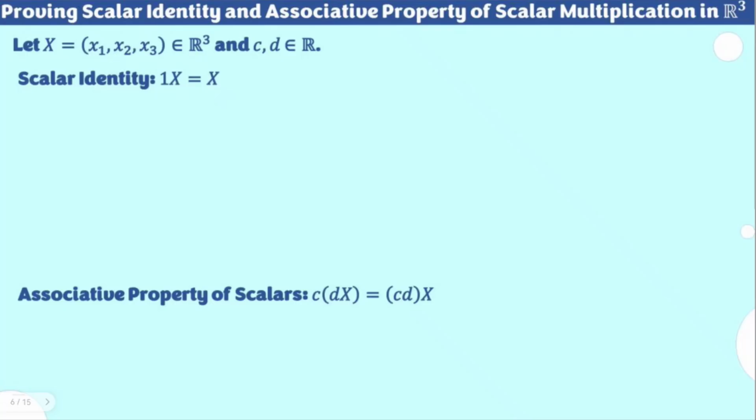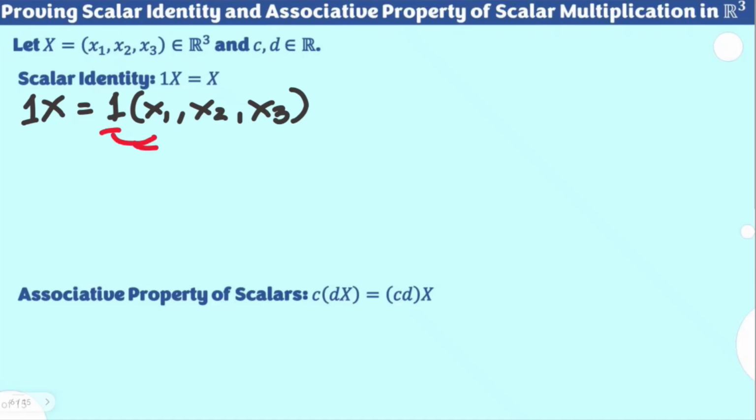And c and d are, of course, scalars, but they are to be used in the next property. Now, for this one, if we talk about 1 times x, we're basically multiplying 1 by the components of x: x sub 1, x sub 2, and x sub 3. Obviously it's true, but let's just show it anyway by multiplying the scalar to all the quantities so we can really show that to be true.